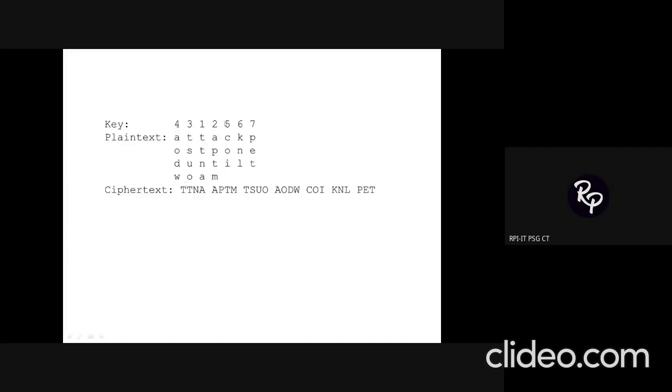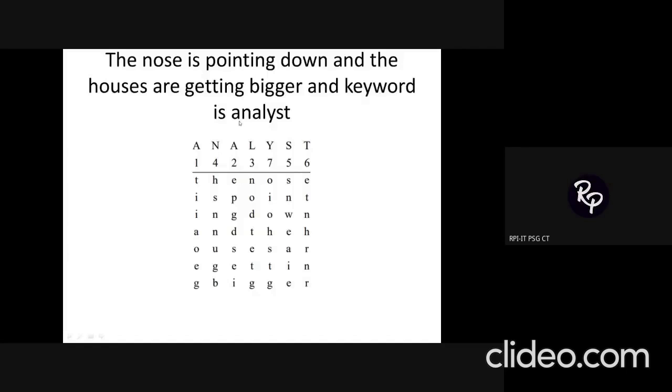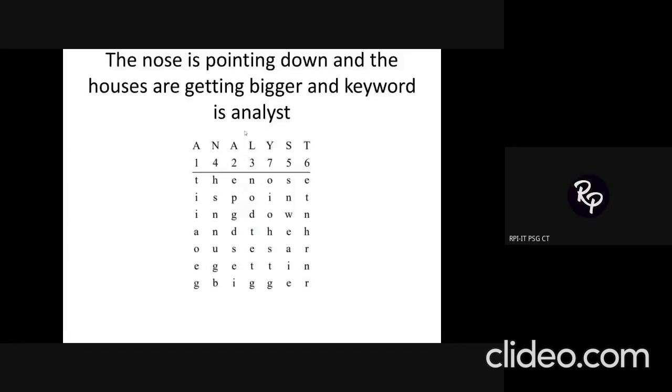So this is based on the key value. Suppose instead of a key value, you are given a keyword for solving the problem. How are we going to proceed? Again, the procedure is the same. In the previous example, I was given a key value of some random numbers in random order. Here, instead of random numbers, I am just given the keyword itself. The keyword given to me is analyst, so I just wrote it as analyst. No need to ignore any characters. Even if there is a repetition of characters, no need to worry. You can have it as such. So directly you can start solving the exercise.